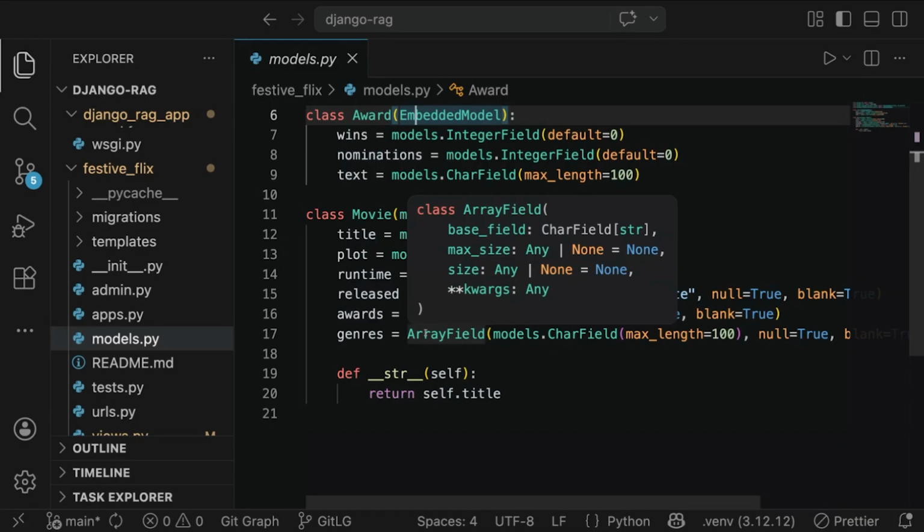Now you might be wondering, where is the vector field? Where are the embeddings stored? Well, it's not going to be here. The embeddings will live inside a separate MongoDB collection that we manage outside Django's ORM. The Django model handles our structured movie data, and the vector data lives alongside it in a collection that we